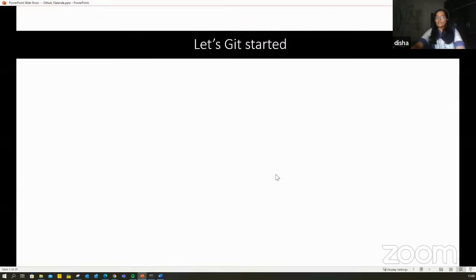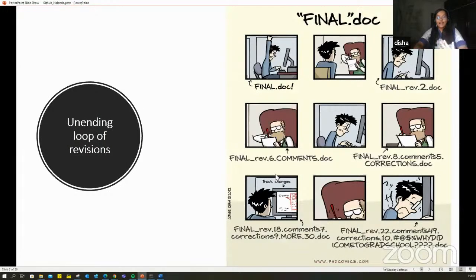I'll start with an example before introducing what Git really is. I'm very sure that many of you would have gone through this kind of scenario where you have to submit some final thesis document or final presentation or final project submission to your professor in college. And after burning all that night oil, you finally have the final doc ready, and the Word file is emailed or a printed copy is sent to your professor, who then comes back with lots of revisions.